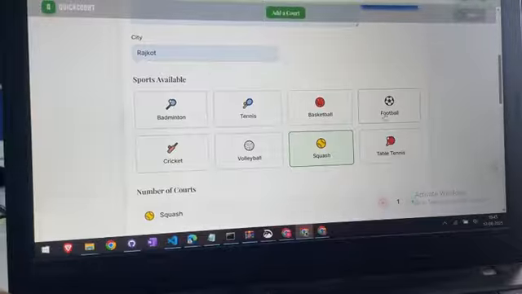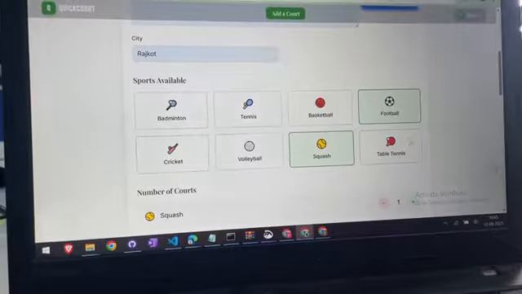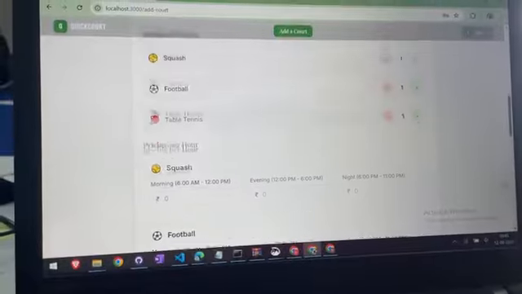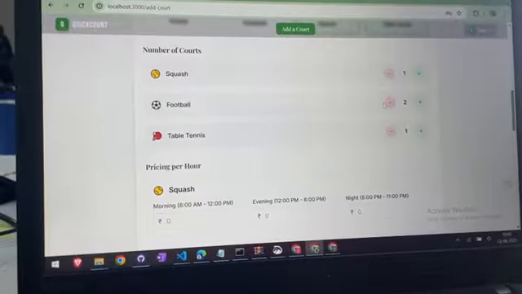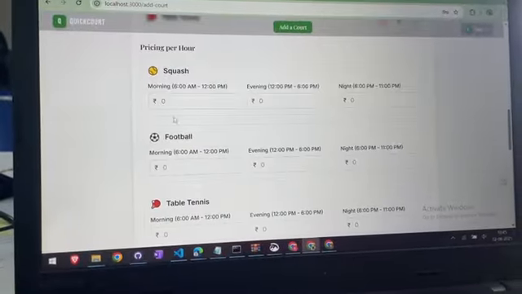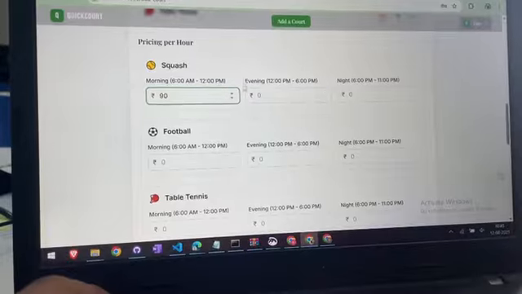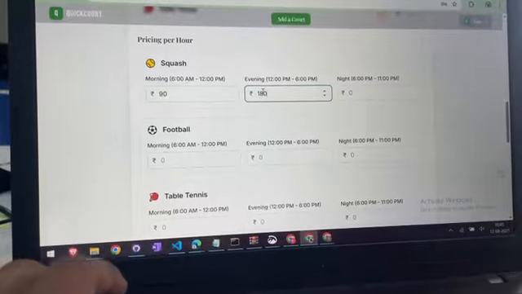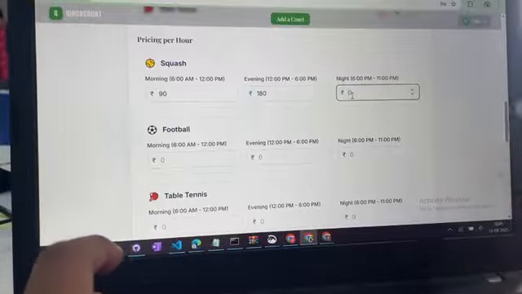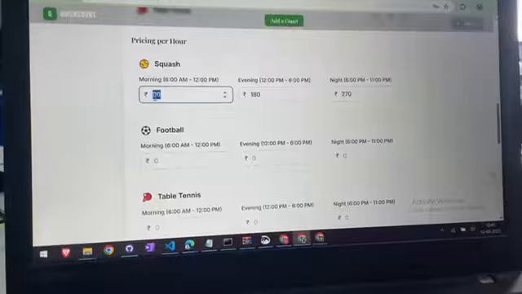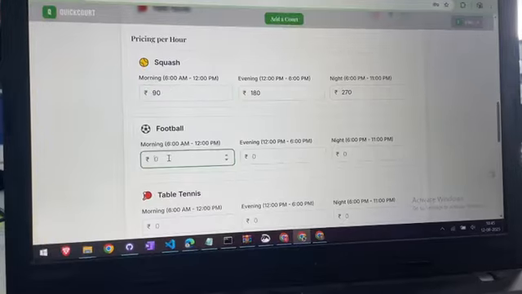I'll select squash, football and table tennis. These are the three sports available at my venue, and the number of courts available is one. I can select how many courts I have. I'll fix the prices at 90 rupees, 180 rupees and 270 rupees. I'll follow this same trend everywhere.